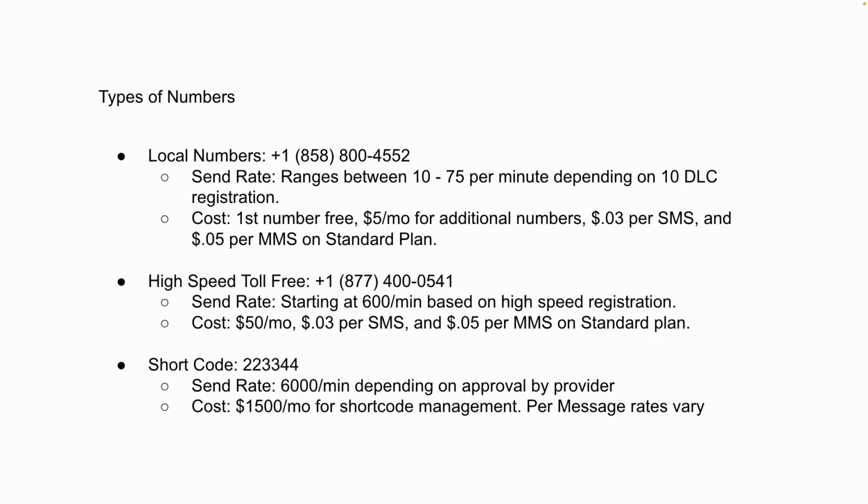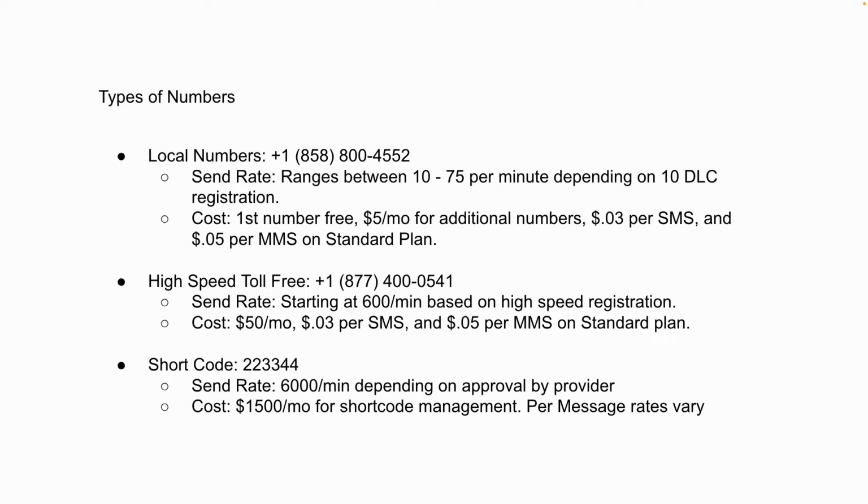With high-speed toll-free, you're taking a toll-free phone number and registering it. It's a different registration process than 10DLC, but you are registering it in order to unlock the high-speed aspect of toll-free. If you just get a standard toll-free phone number, you can't utilize the high-speed unless you go through the registration process that we provide. Once you've gone through that registration process, we can start you at 600 messages per minute,